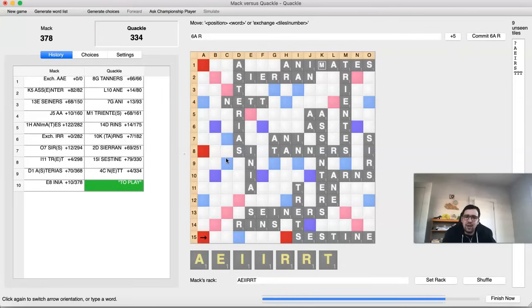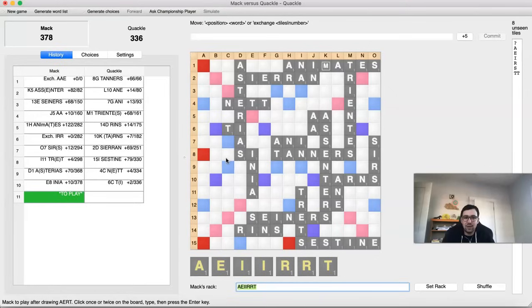So, if I do end up losing this game, which I'm certainly not at all resigned to at this point, but we'll see, that'll maybe be a play I look back on and regret a little bit. But I don't know. It's very hard to know what would have been best, because on one hand, it's 24 points. On the other hand, you're keeping IR versus EIRS. And I certainly had every reason to expect I was going to bingo with EIRS, especially on that board, but I didn't. And Quackle is getting pretty close now to making a decision. We'll see what it does. It plays TI. Wow. So, alright, I think...